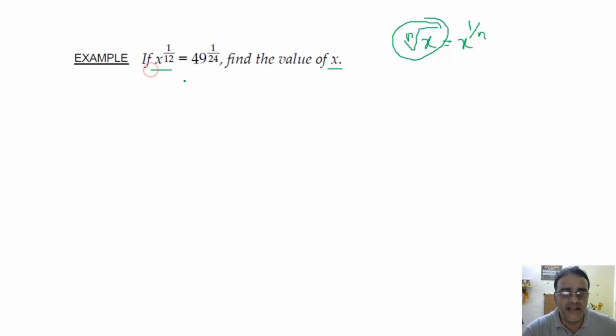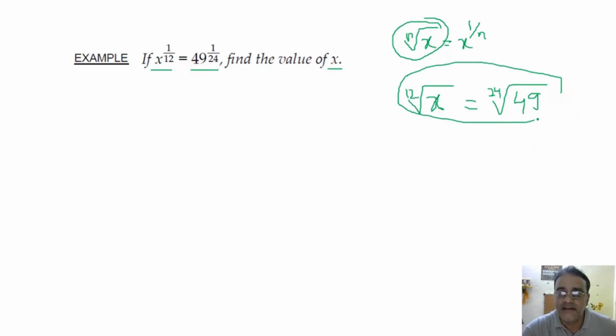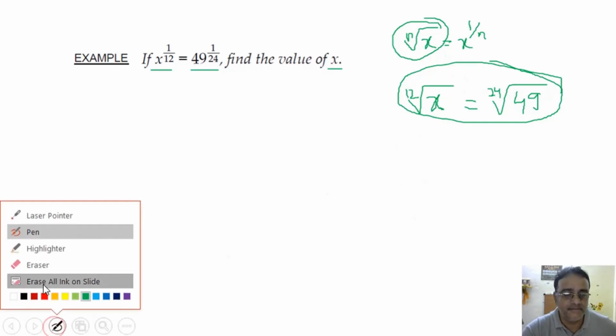जैसे मैं इस क्वेश्चन को अगर मुझे देना है तो मैं ऐसे भी दे सकता था. देखो ध्यान से, 12th root of x is equal to 24th root of 49. I can't give in this form because now it is deleted. Are you getting my point? Yes, sir. पावर के फॉर्म में आ सकता है, बट इस फॉर्म में नहीं आएगा, क्योंकि ये वाले टॉपिक इस एकेडमिक ईयर के लिए डिलीट हो चुके हैं. Right, I think your doubt is clear. Yes, sir. Okay, fine.